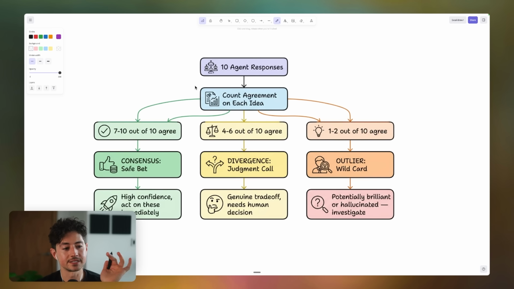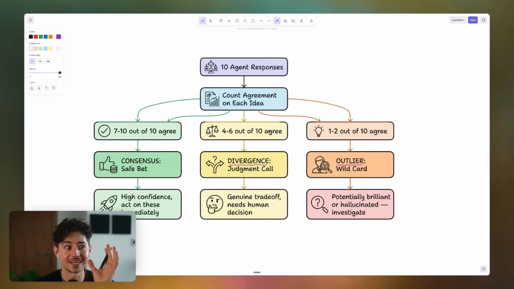One final idea there is consensus. A lot of models are going to say the same things, obviously. Some models are going to say things that are quite different. And then finally, there will be outliers, which are wildcards. These wildcards are potentially brilliant, but they might only appear 5 or 10% of the time, which is why we spawn so many of these agents, so that we can farm these wildcards. We can milk them like cows. In that way, you can have the best ideas coming from these fleets of agents.